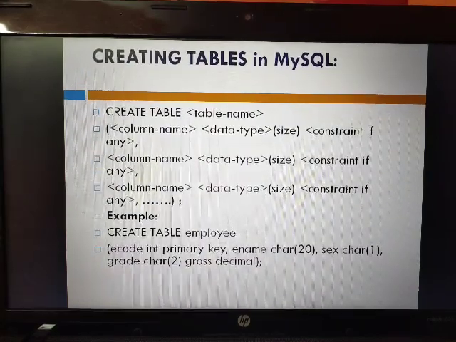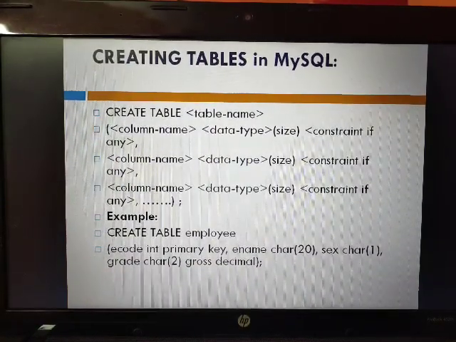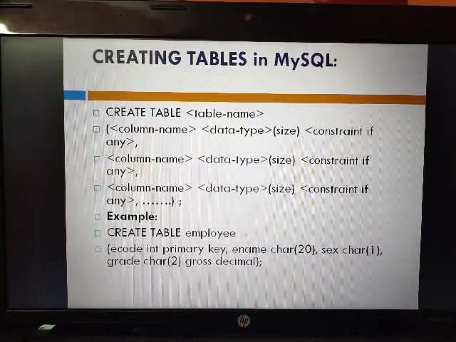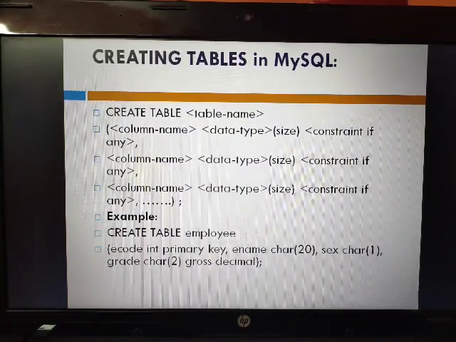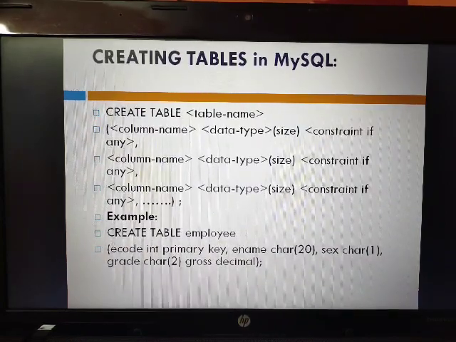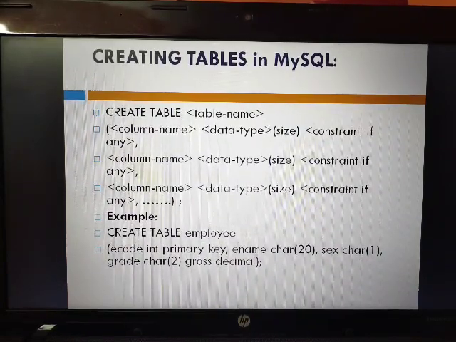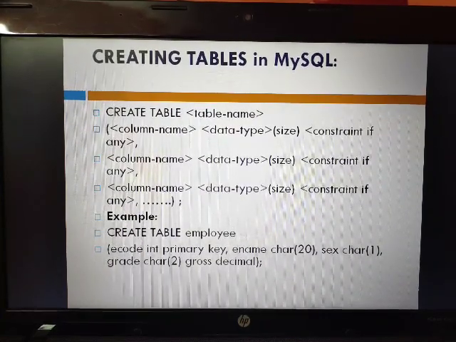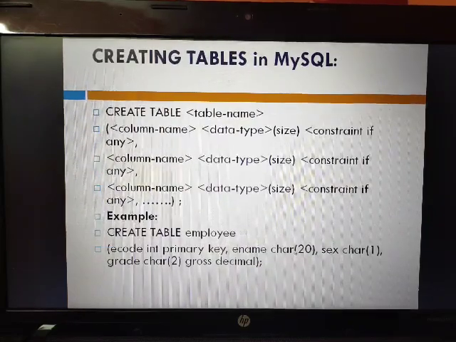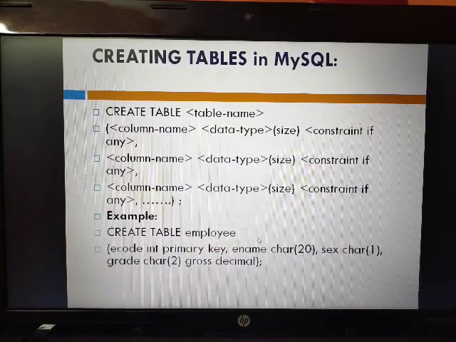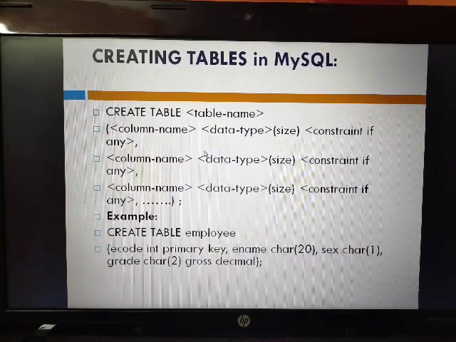Then ename, character, sex, grade, gross, etc. You can take any columns. Now you can make a table employee having columns ecode, name, grade, gross, etc. The size for character and other things depend on you. You can take any size. So this is the third command, the create table command.